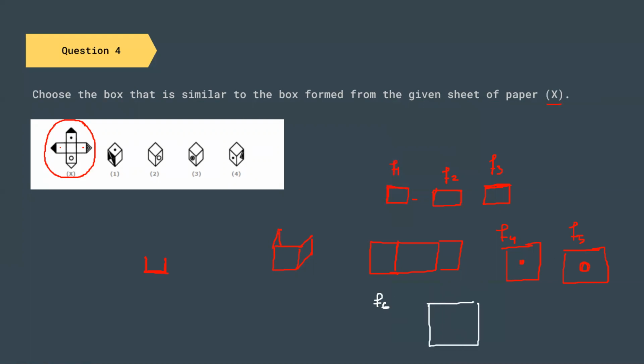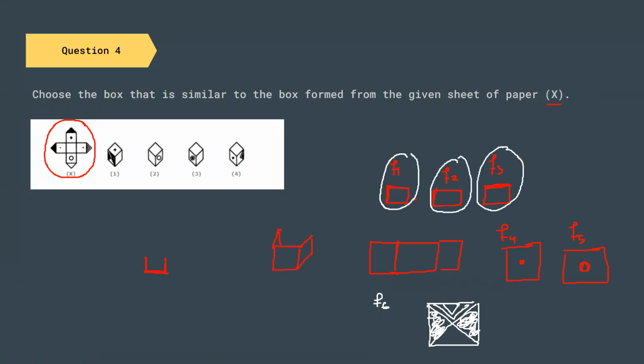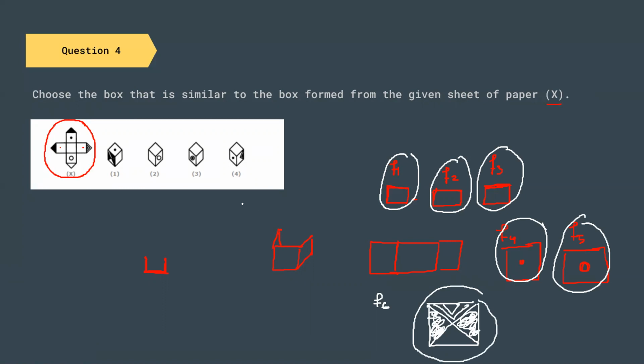If we have a square like this, one of the faces will have a pattern like this. One or two of the faces will be completely black. So this will be completely black and this will be completely black, and one of them will be white. So these are our six faces. This is face number one, this is face number two, this is face number three, this is face number four, and this is face number five, and this is face number six.